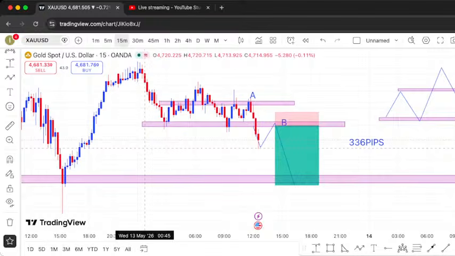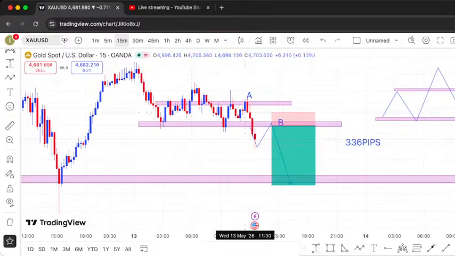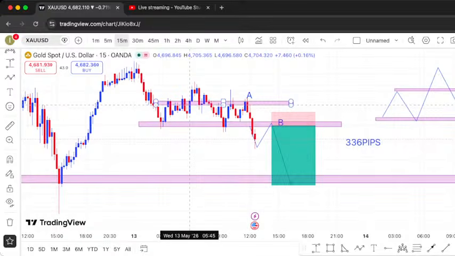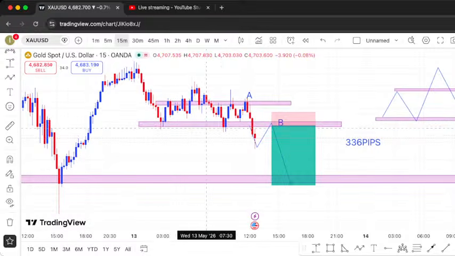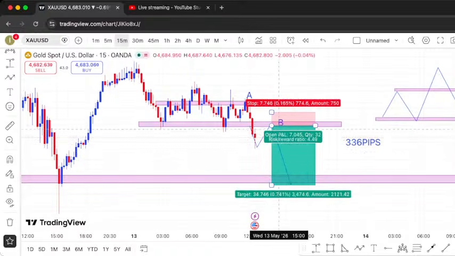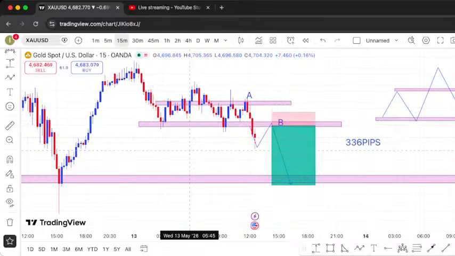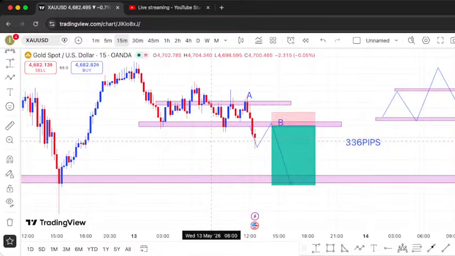The reason why we are going to take a trade, let me just explain. Number one, we have a head and shoulders pattern. That's a bearish chart pattern, so that obviously shows sells. Number two, we have a change of character. The market has broken the previous lows, these zones here. That's the reason number two why we are going to have those sells. Number three, the market is doing that retracement to point B, which will be our area of interest for a sell. Then number four, the market has a very good risk to reward ratio, like 306 pips in profit. Once it's confirmed and once the market shows those sell opportunities, then I think we'll be okay.